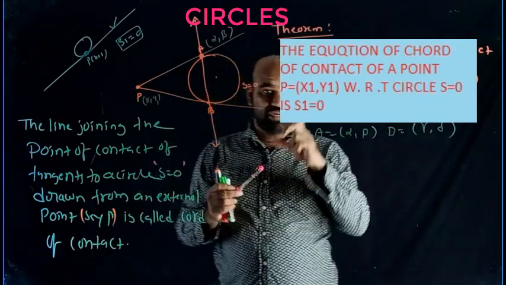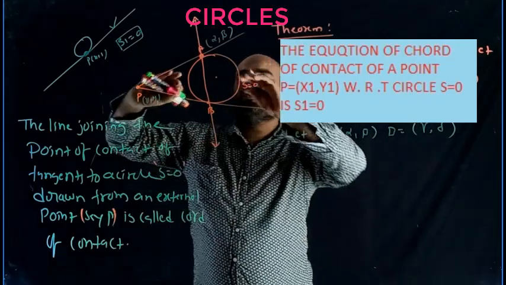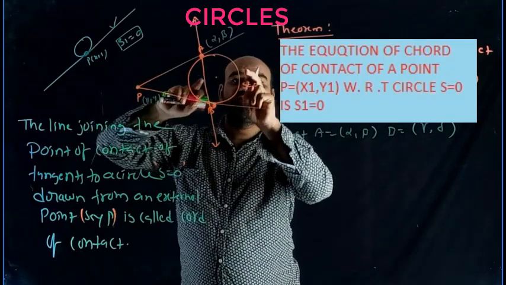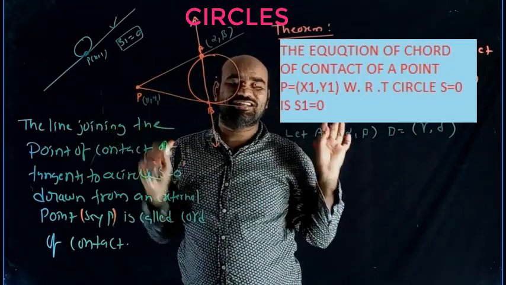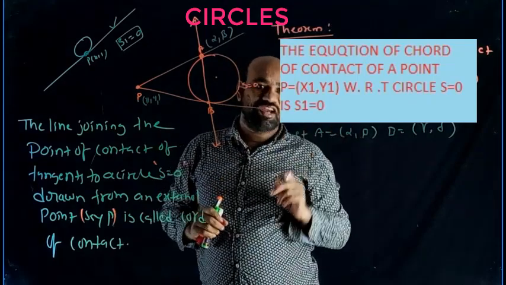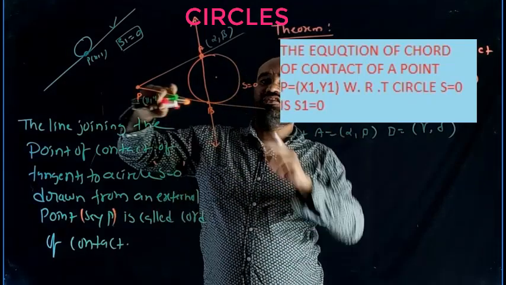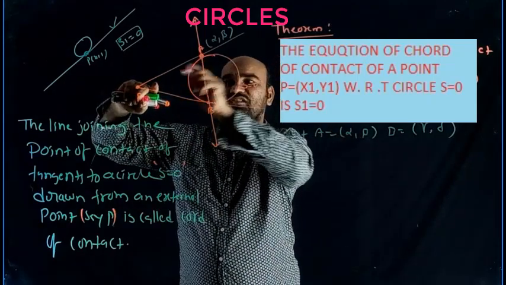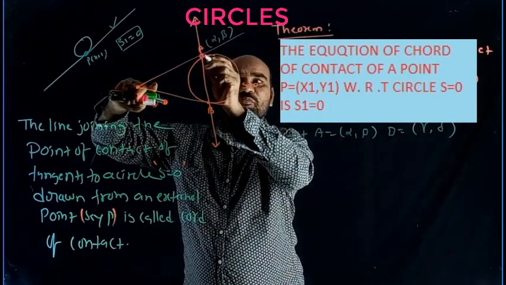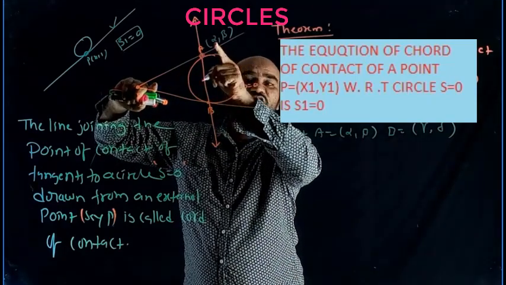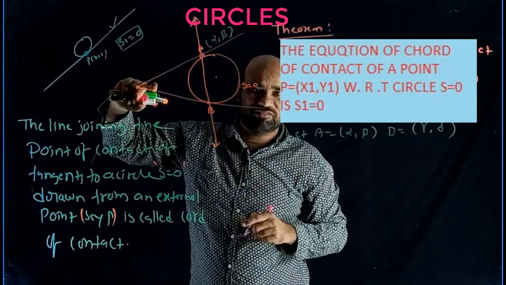Now, interesting. First of all, find the equation of the tangent to the circle passing through A. Find the equation of the tangent to the circle passing through A, meaning the point form equation with respect to this point, where you can take alpha and beta as x1, y1.